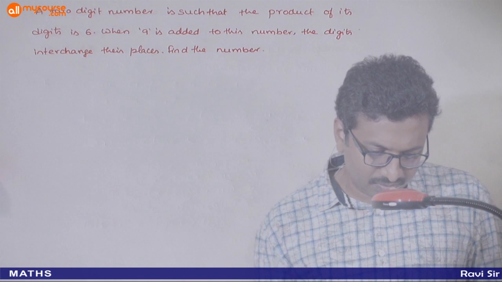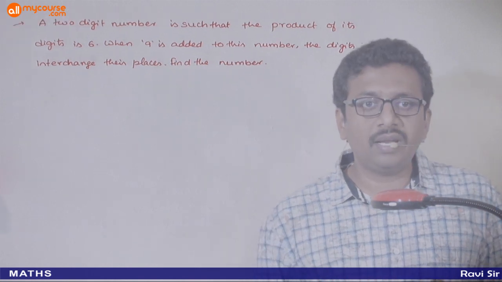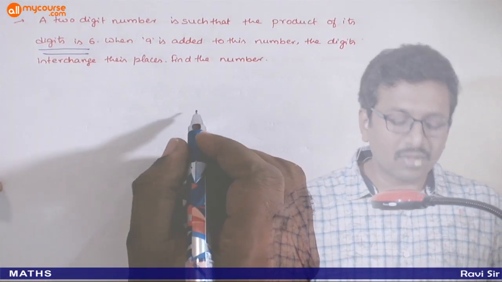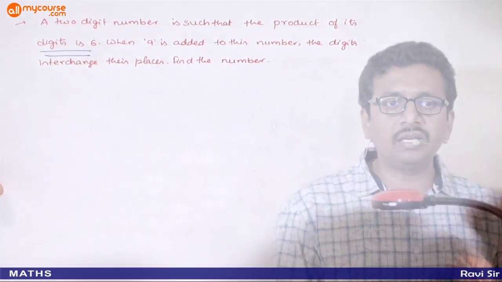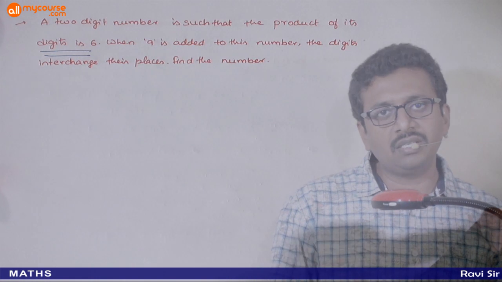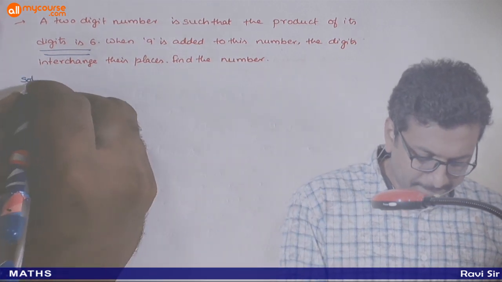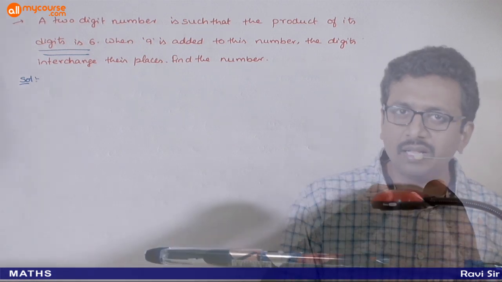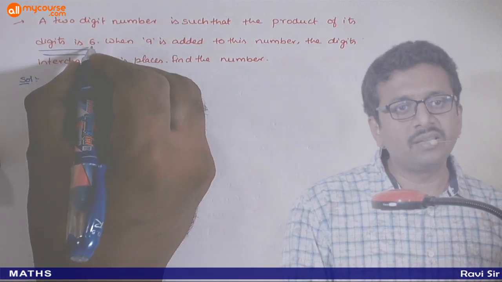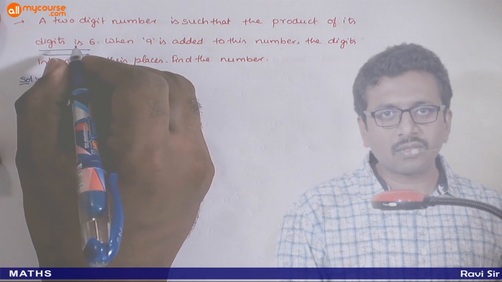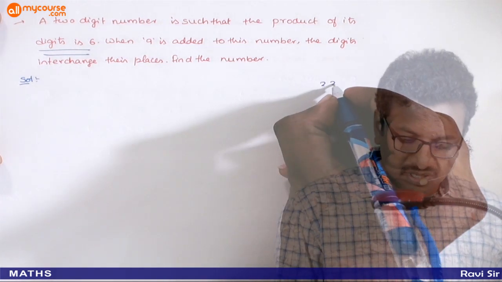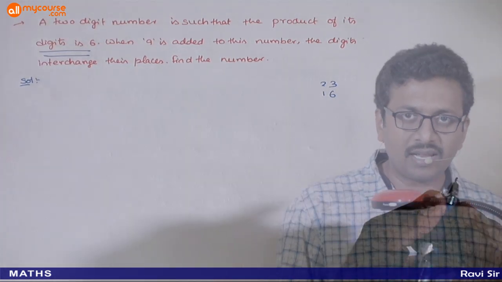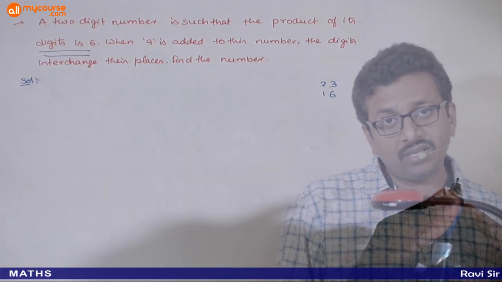Next question देखिए. A two-digit number is such that the product of its digits is 6. When 9 is added to the number, the digits are interchanged. Find the number. इंफॉर्मेशन बहुत इजी है, आप ट्रायल एंड एरर से भी निकाल सकते हैं क्योंकि एक 2 डिजिट नंबर है. The product of the digits is 6. So it can either be made of 2 and 3 or 1 and 6.